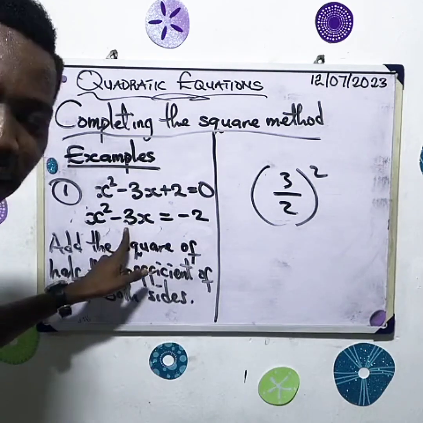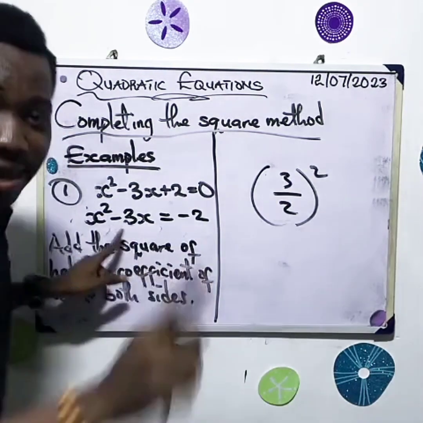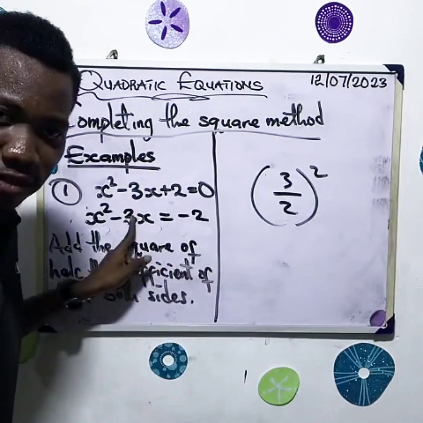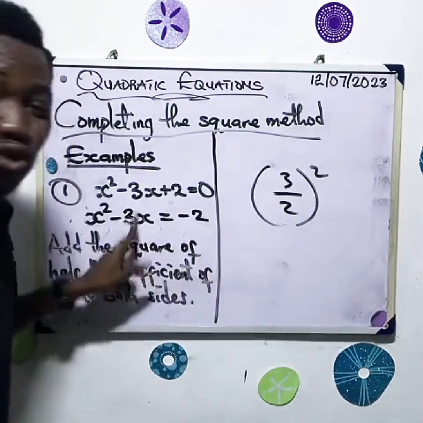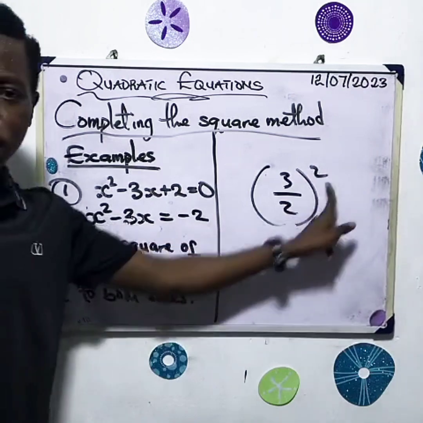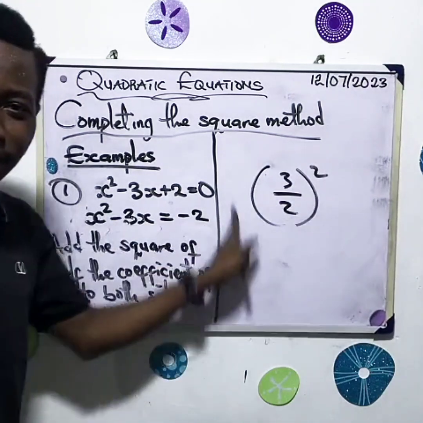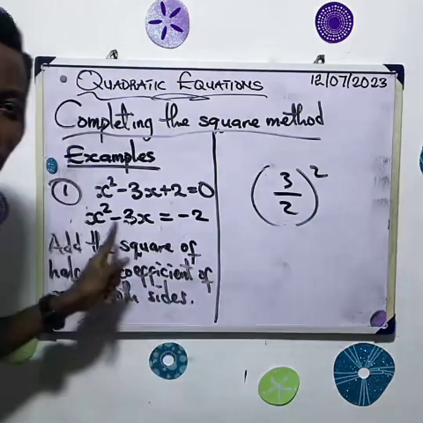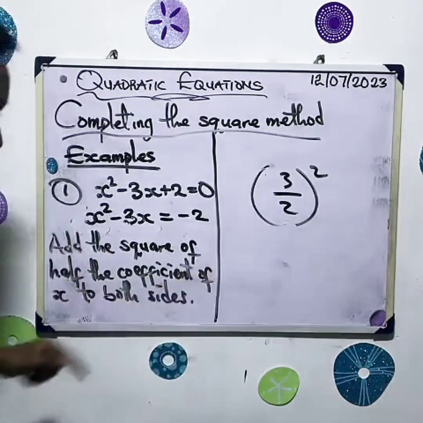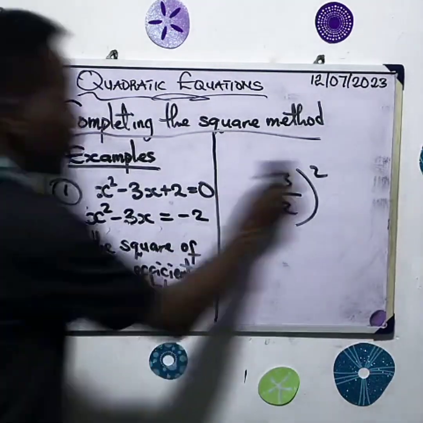So minus 3 over 2. Ignore the minus, please. Just take the number. So 3 over 2. Then square it. So this thing you are seeing here, 3 over 2 squared, you add it to this side and you add it also to that side. And then we're going to have